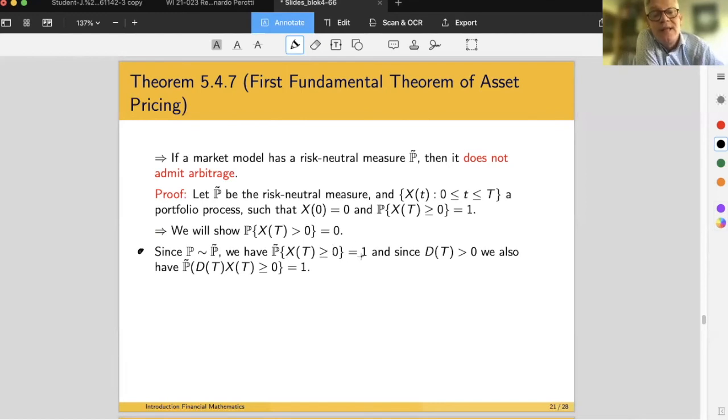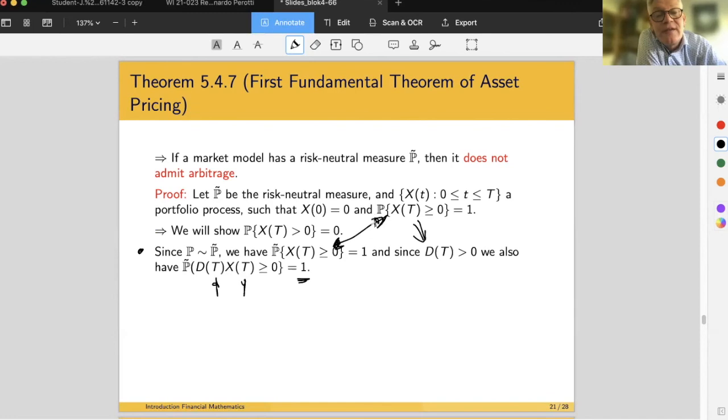1. When that is equal to 1, then of course with a discount factor at final time being also greater than 0, we would also have that P tilde of D_T X_T is greater or equal to 0, with capital T here, is equal to 1, right? We can take the discount in. Now, these are equivalent measures, so